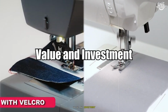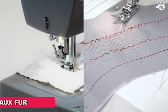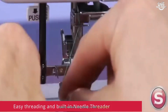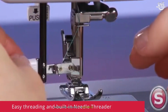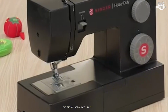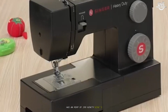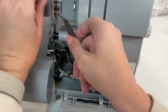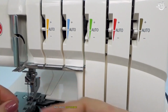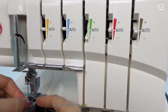Value and investment. The price points and long-term value differ significantly between these brands. Singer machines are generally more affordable, making them accessible to beginners and casual sewists. The Singer Heavy Duty 4432, for example, has an MSRP of $299.99, compared to the Janome HD 3000's $509 MSRP. This price difference makes Singer an attractive option for those on a budget or those uncertain about their long-term commitment